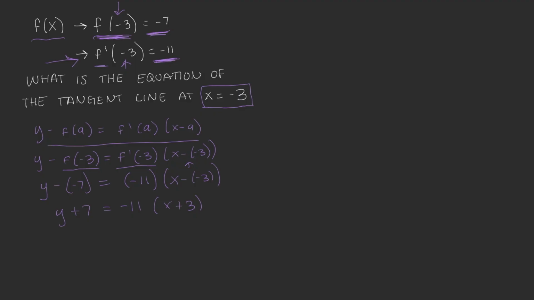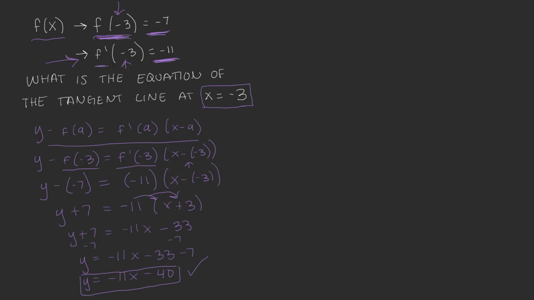So let's just go ahead and distribute this 11 right here to the x and to the 3, which would leave us with y plus 7 equals -11x minus 33. So to get that y alone, we're going to subtract a 7, which would leave us with y equals negative 11x minus 33 minus 7, which would simplify to y equals negative 11x minus 40. So this right here